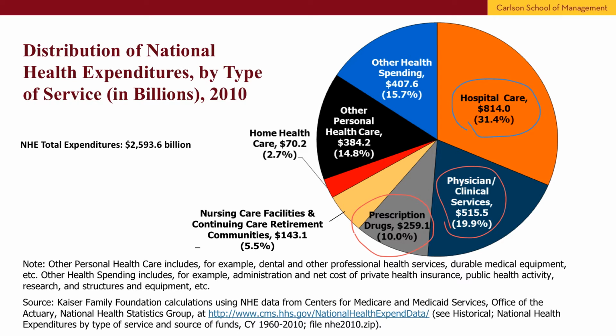We have other personal care that can potentially be some of the diet and exercise types of programs that go in there as well. Nursing homes actually don't constitute too much cost. People think that's very expensive. It is per person, but it's not that big a share of the pie. So when we think about really the biggest chunks, probably add up 31, 20, and 10. We're pretty much looking at about 62% of the dollars really going for the majority in terms of hospital, physician,